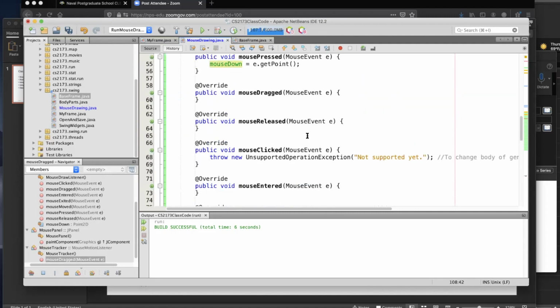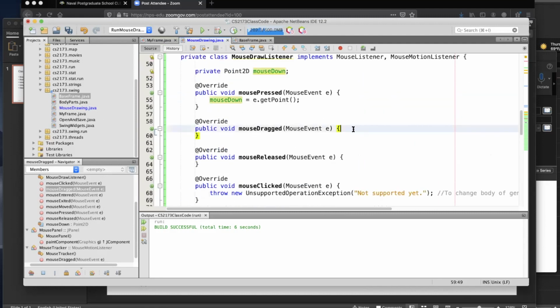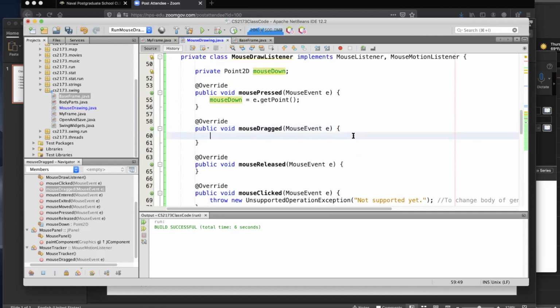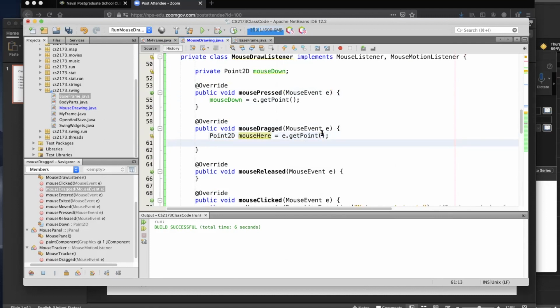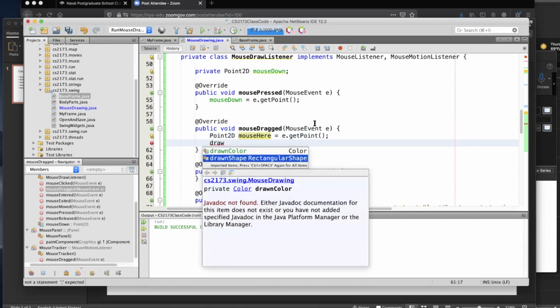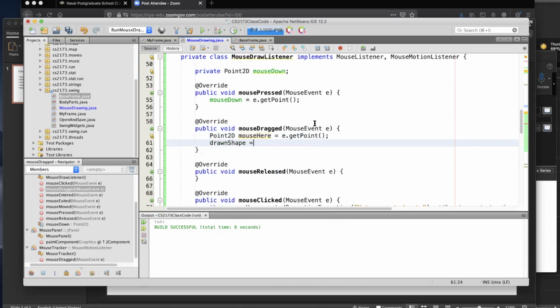So every time the mouse is dragged, what I'm going to do is first let's just get where we are. And then I want to set the drawn shape to be a new